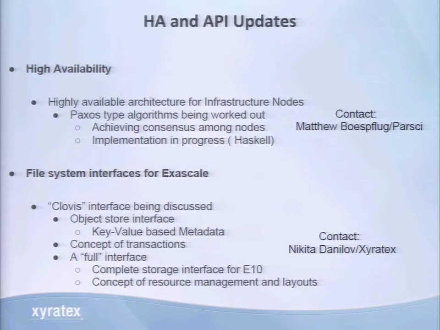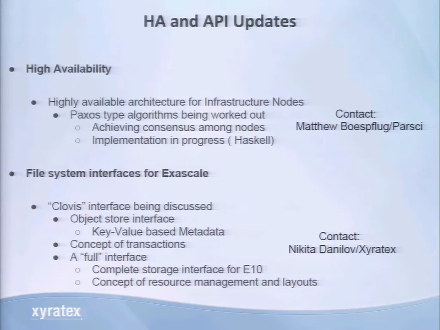For HA and API, so we've got the HA, the high availability. This is right so that nothing fails, everything routes around something else so that everything is up and working all the time, just like we want. The contact is Matthew, and I'm going to butcher his last name, but it's Boskluk, I think. Anyway, Matthew's the contact for this, and they're working on achieving a consensus among the nodes and working on an implementation in progress,